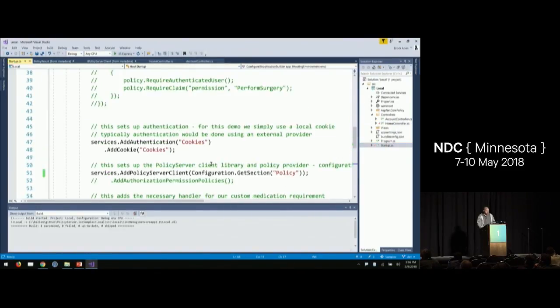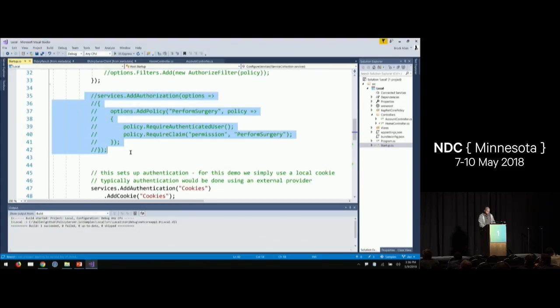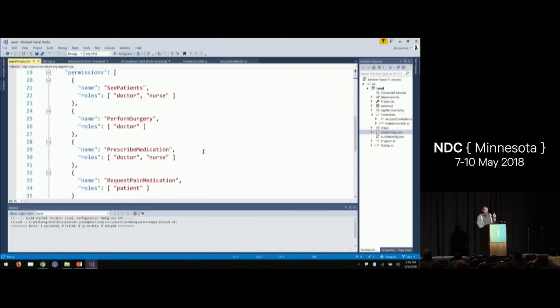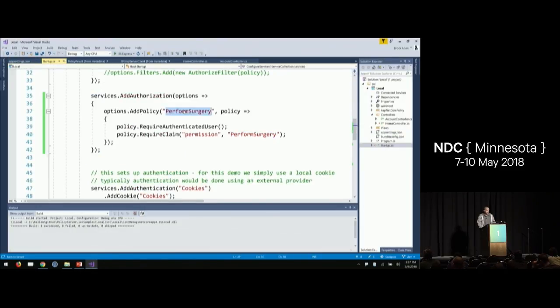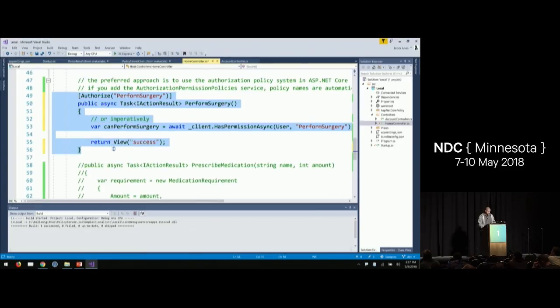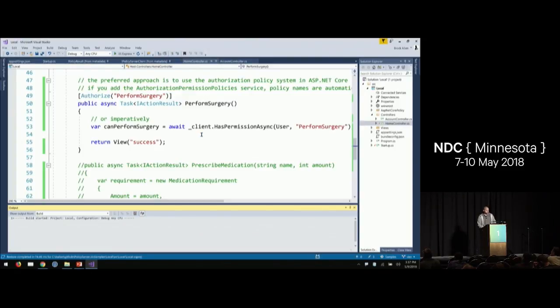So I think I have this code somewhere in here. Yeah, here we go. So I have a perform surgery, let's call it, well, I'll just leave it there. So perform surgery ASP.NET Core policy, and it is triggered off of the perform surgery mapping that had come from my policies here in the JSON file. Okay? So now that I have a perform surgery, I can go back to my home controller, and here we go. We have another action method that presumably I think only doctors can do. Okay? All right. So if I run this,